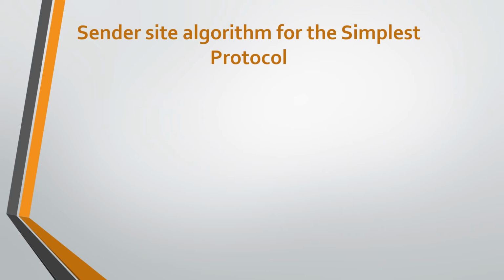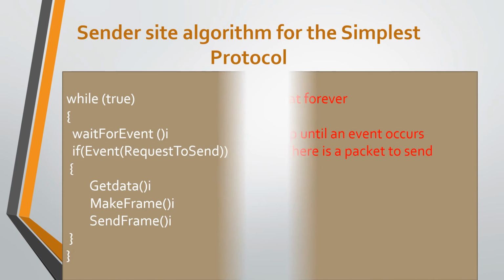If the protocol is implemented as a procedure, we need to introduce the idea of an event in the protocol. The procedure at the sender side is constantly running. There is no action until there is a request from the network layer. The procedure at the receiver side is also constantly running, but there is no action until a notification from the physical layer arrives.